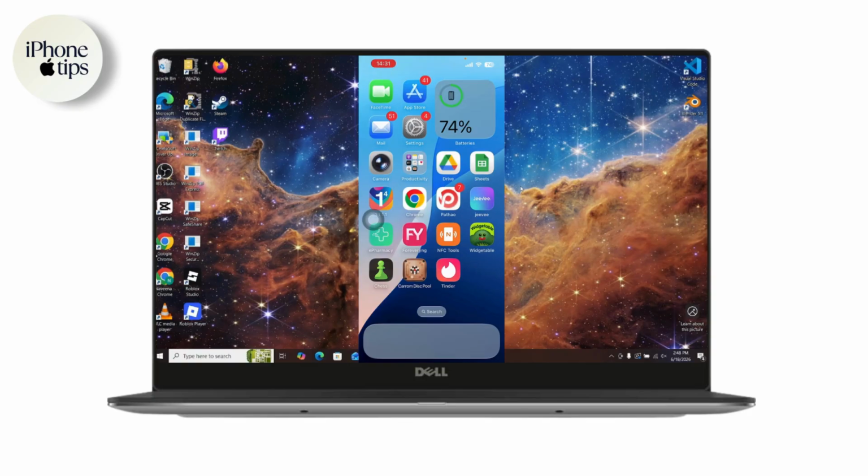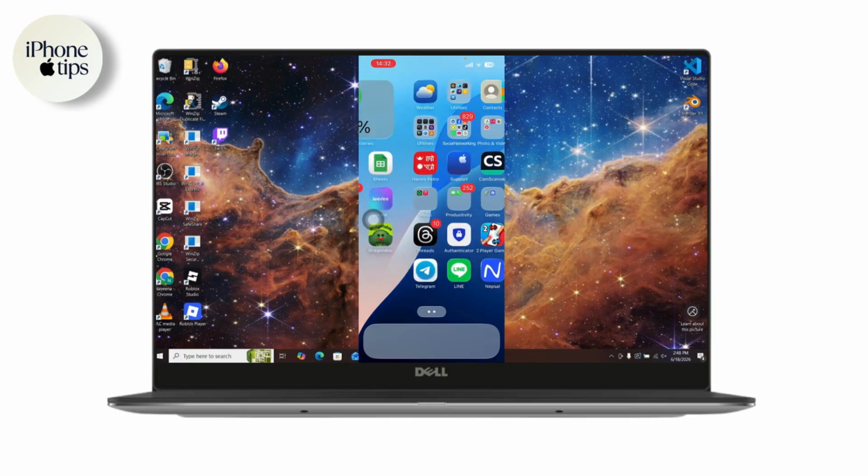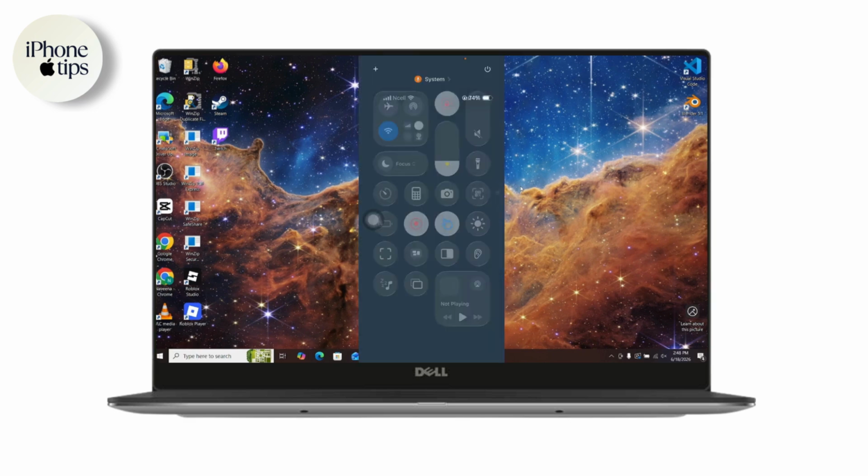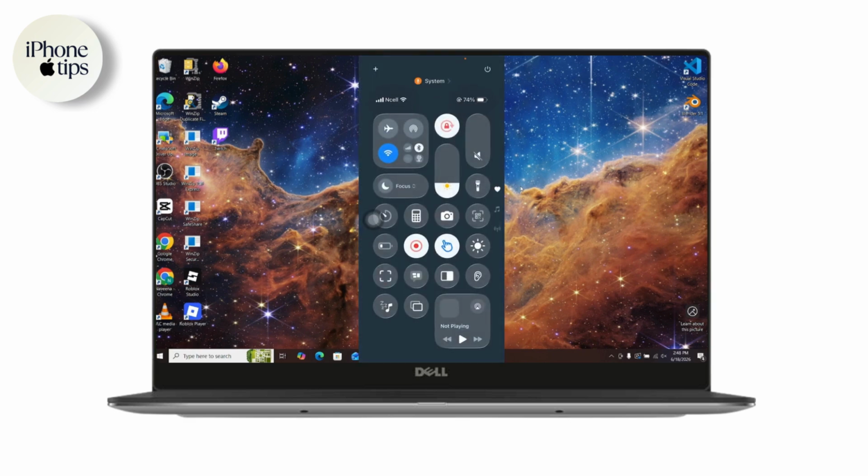iTunes is necessary because it provides the correct drivers that allow your Windows PC to properly connect or recognize your iPhone when it's connected. If you don't already have it, you can download and install the latest version directly from Apple's website. Once iTunes is set up, move to your iPhone,